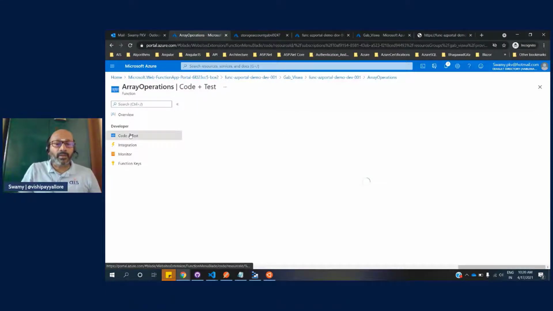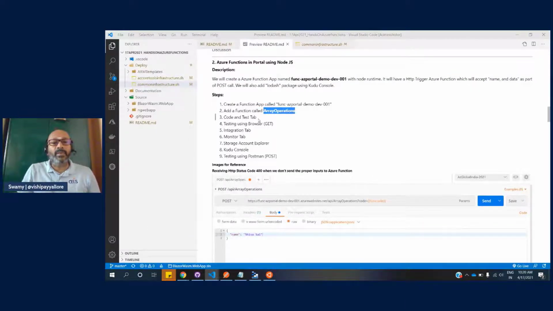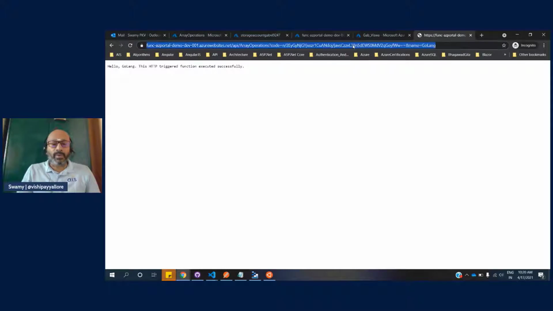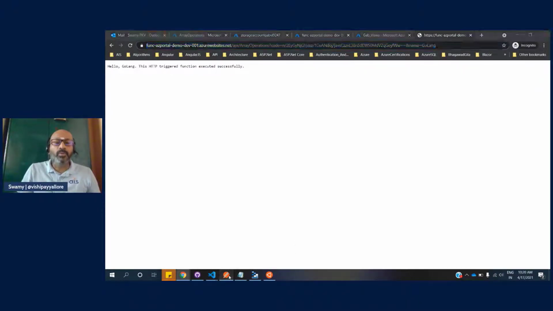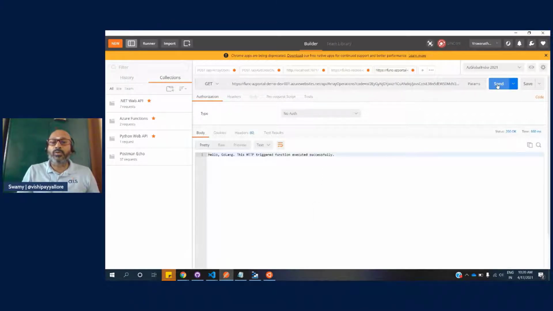So let me come back over here. We need to do some other things. And after doing that, what we have tested with these things. Another thing we can do is grab this, go to Postman, create a new tab, and send it from the Postman tool. We got this one.